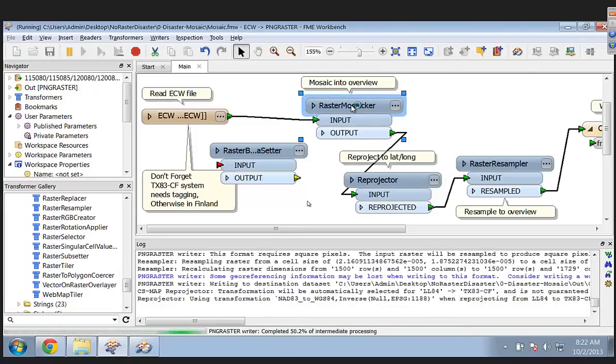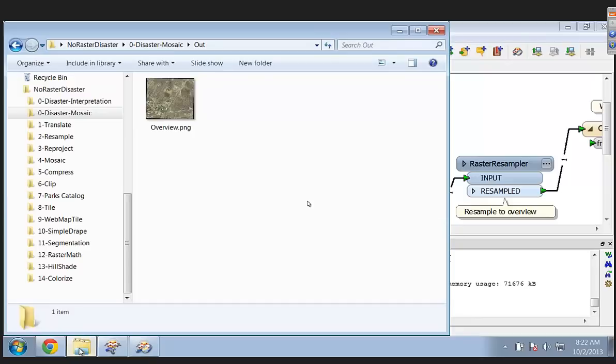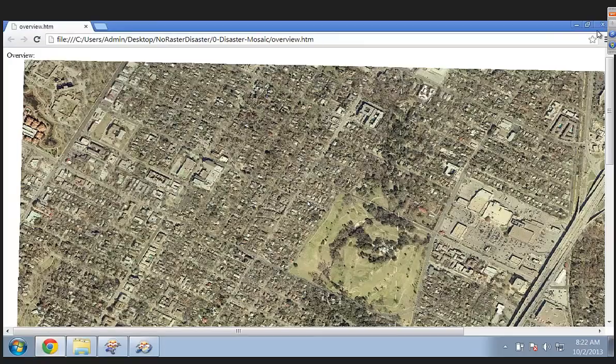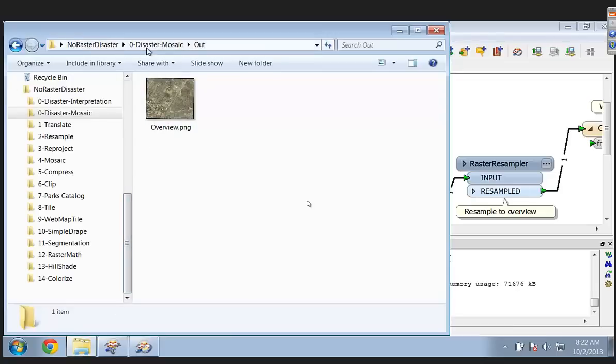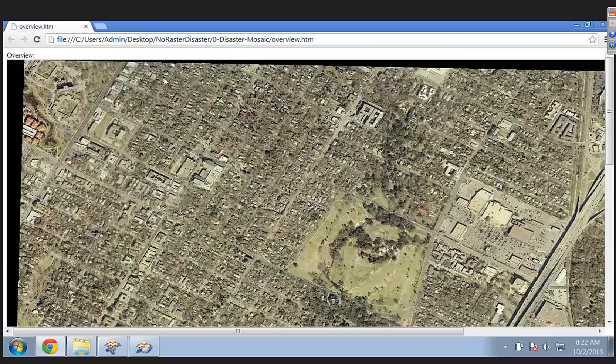Yeah. Well, while we do this, I might also add that if you have a lot of images, especially big images like ECW, you may think, hey, the raster mosaic is going to create this huge image that is going to take up all my memory. But FME works on a kind of a pull model when it's doing raster processing. So it starts at the end, goes through the process, and finds the information it needs to write each output pixel. So the mosaic actually creates what would best be called a virtual mosaic. Right. So you're not writing this incredibly huge image to the disk and then pulling pieces off of it. It's a logical construct, not a real construct.